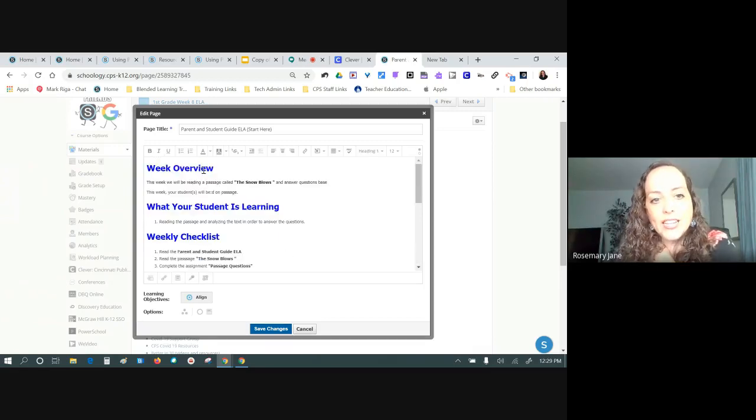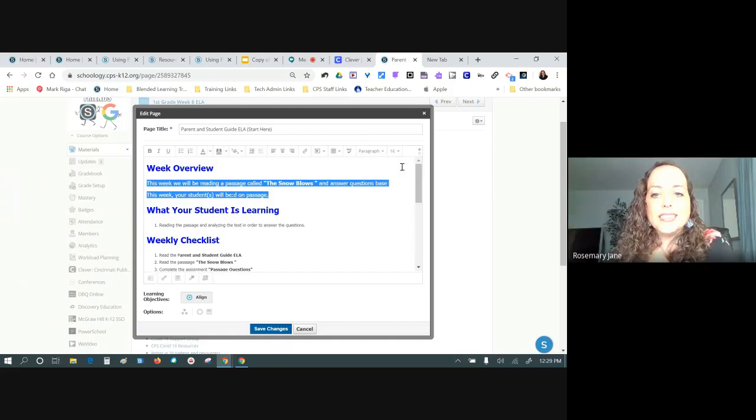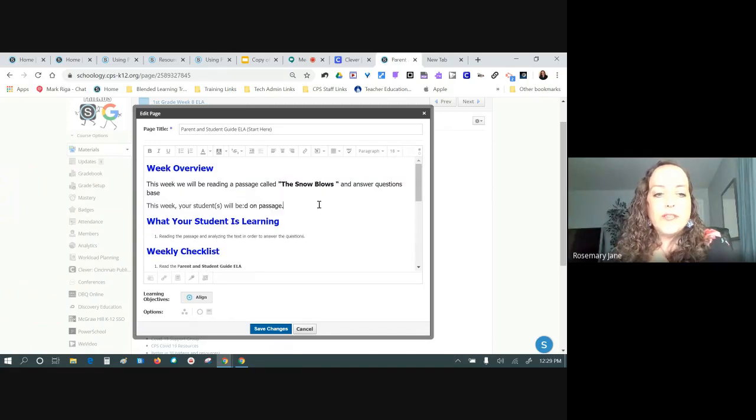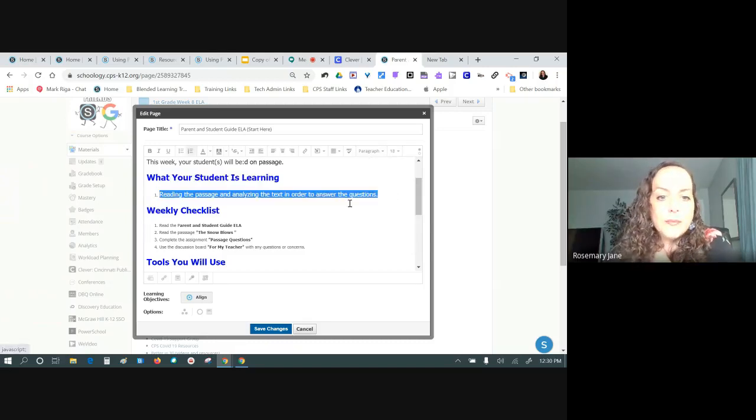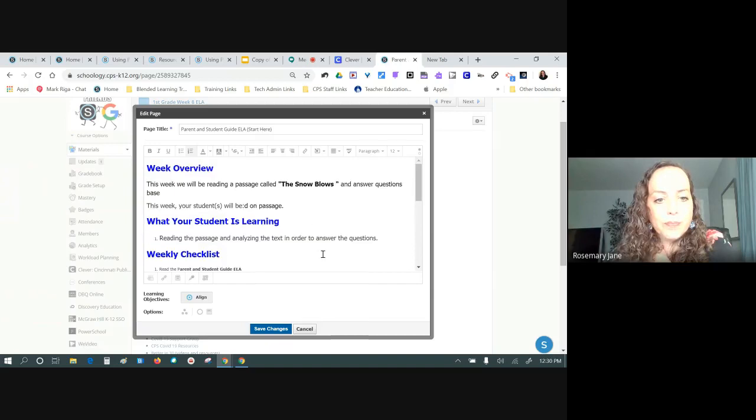So you don't want to change a heading unless, maybe you don't like the colors. But like this font being so small, I'm going to leave it on a paragraph, but I'm going to bump it up to like a 16 or maybe even 18 point font, whatever makes sense for you. Now this is a parent page. I'm bumping it up as if I'm looking at this for an elementary age